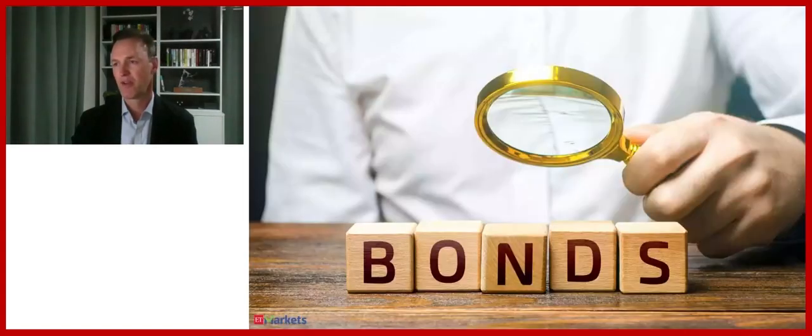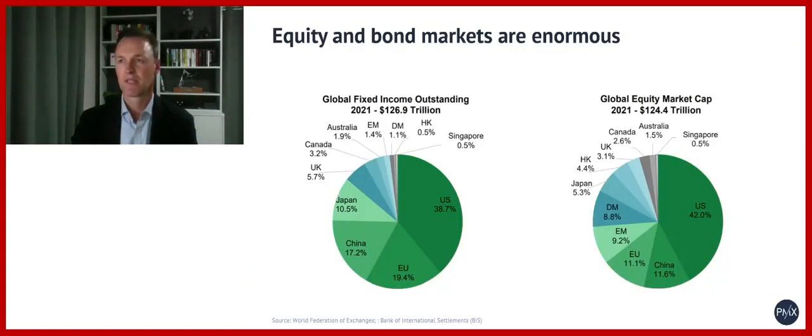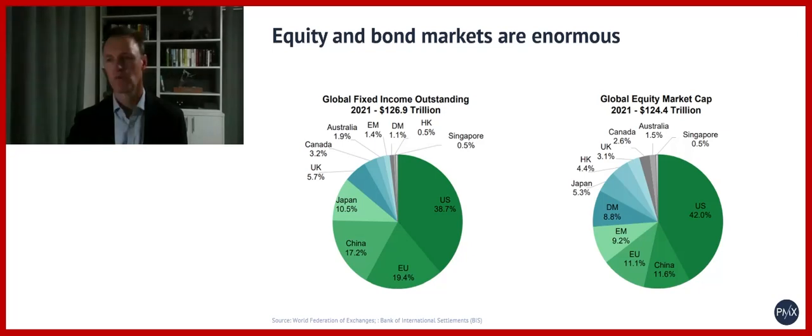So I'm just going to talk very briefly about the bond market in general. Bonds are sort of seen as the poor cousin sometimes, but the bond markets not only have been going a lot longer than the equity markets, but actually at the end of 2021 they were bigger than equity markets. I think equity markets might have come past them in the last year or two now, but there's pretty much $130 trillion worth of fixed interest debt listed on the markets around the world.